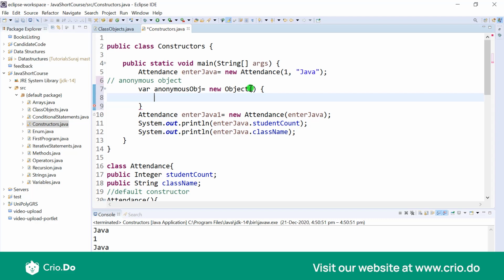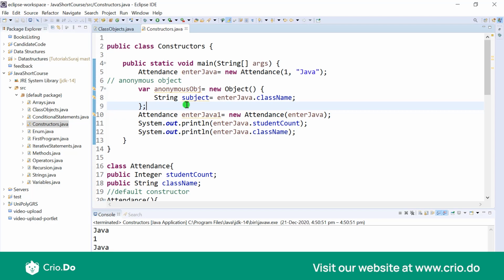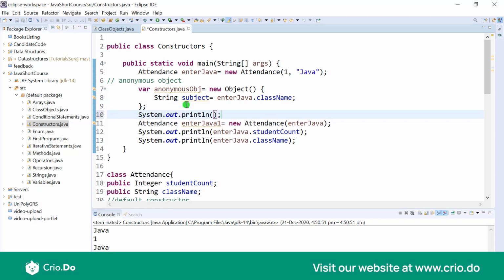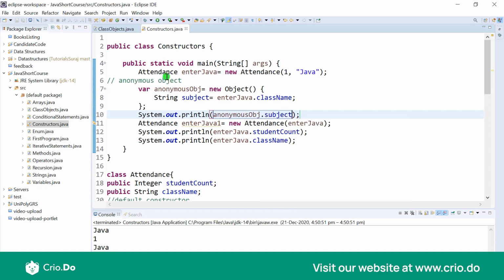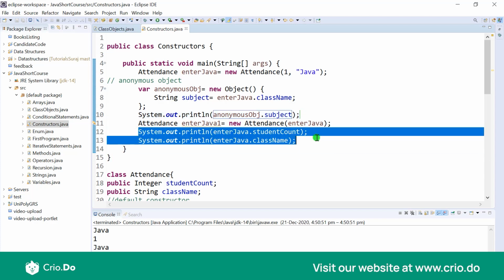In this, with a curly open and close brace, we can define the various data members and methods which we want. So let's say, for example, I write subject equal to, and I want to use this value of EnterJava.className over here. And this subject is going to be a string, right? Because the class name is a string. Let's not forget the semicolon over here. Let's save this, and let's try to print now from this anonymous object the subject which we just assigned. So anonymousObj.subject, and when I save this, comment this out and print this,